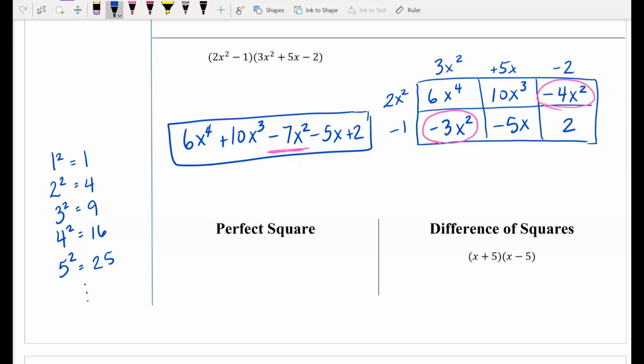Binomials, or any polynomials, can also be perfect squares. Usually we're talking about perfect square binomials, and here's an example of one. Make sure you write this down. If I have 3x minus 6 squared,